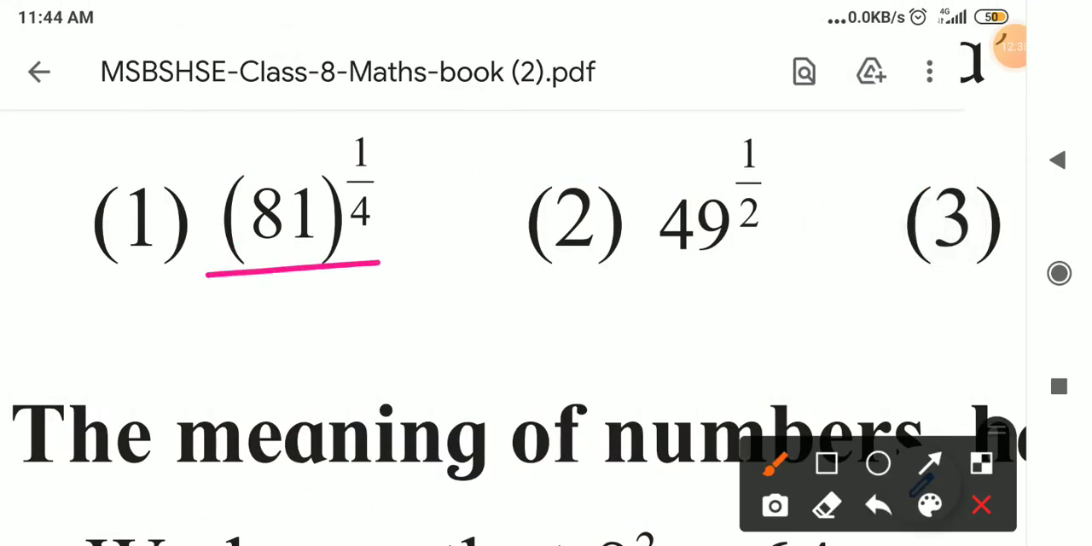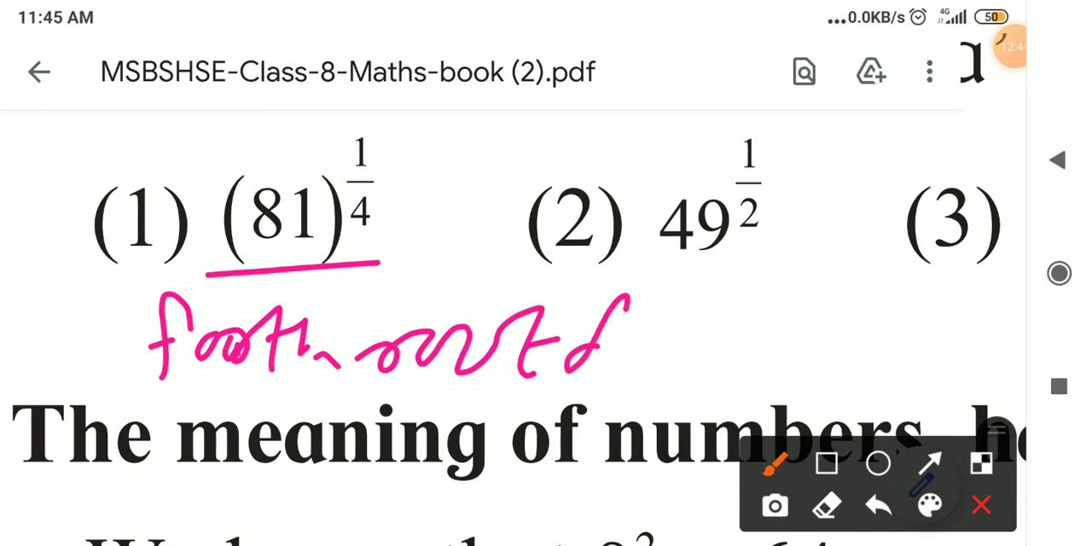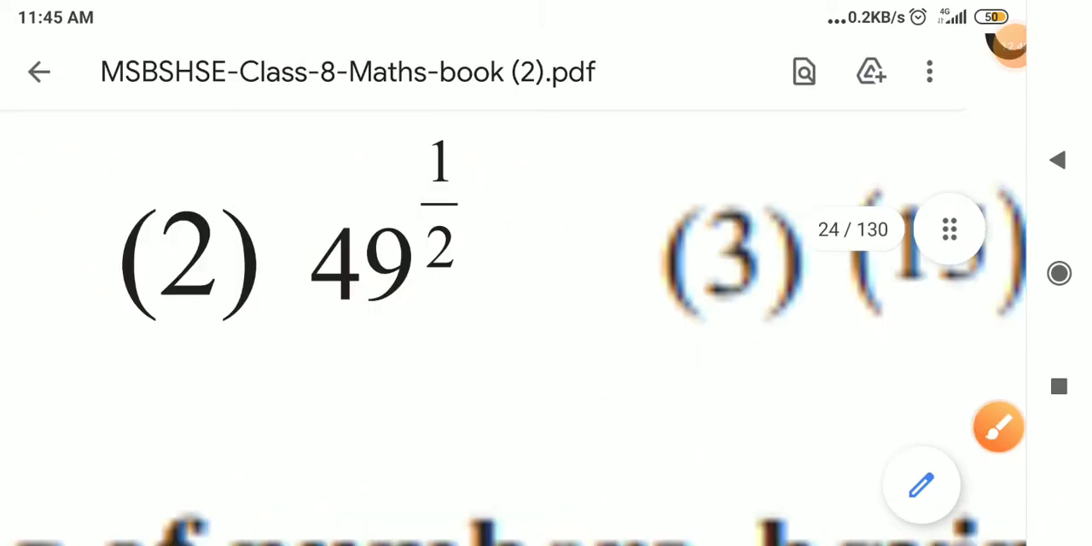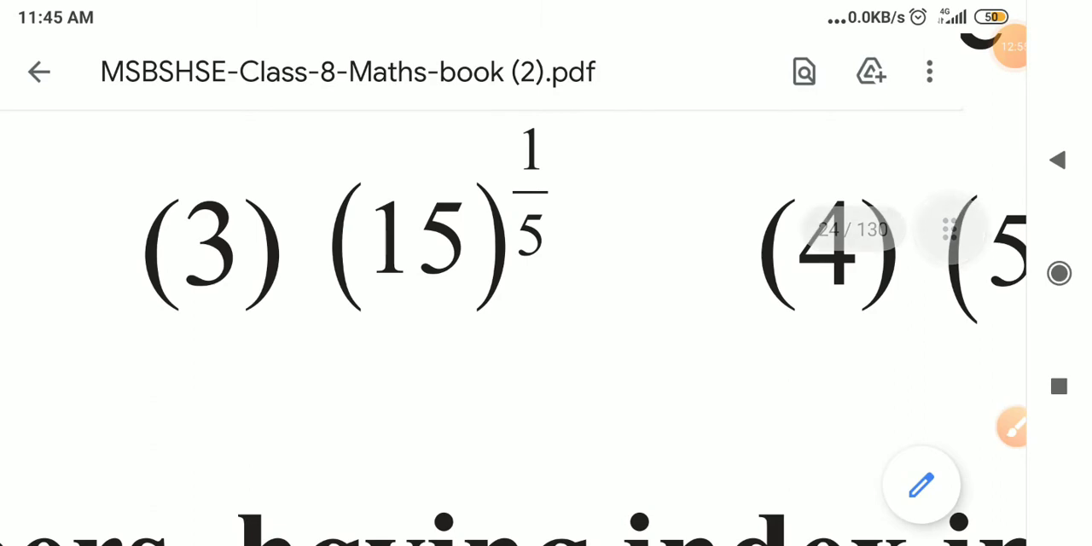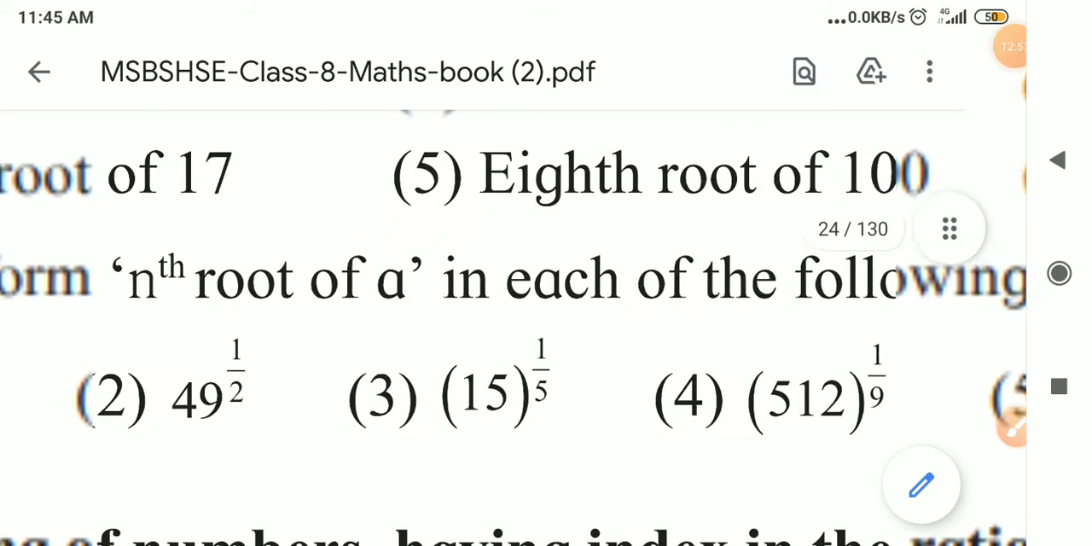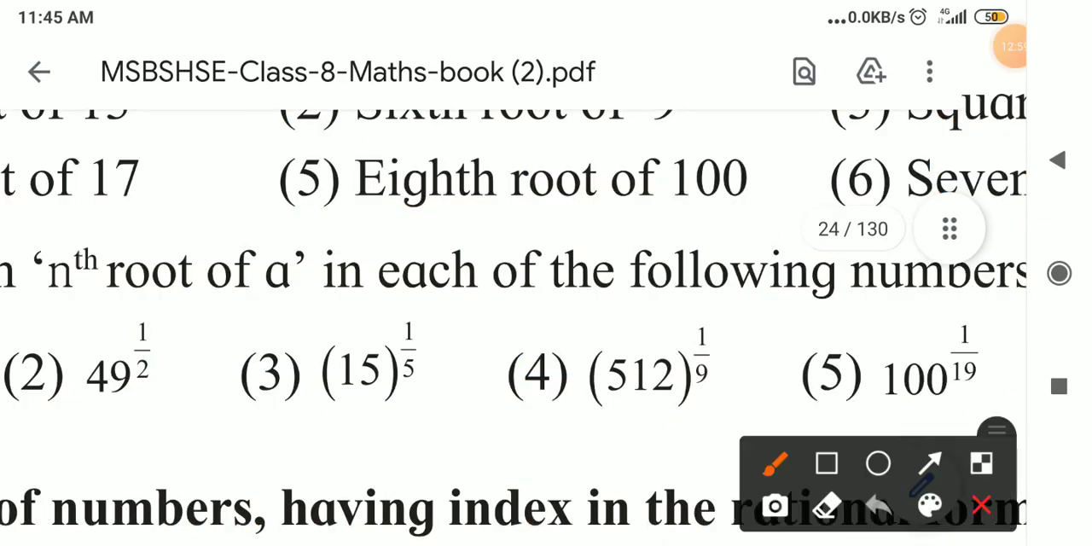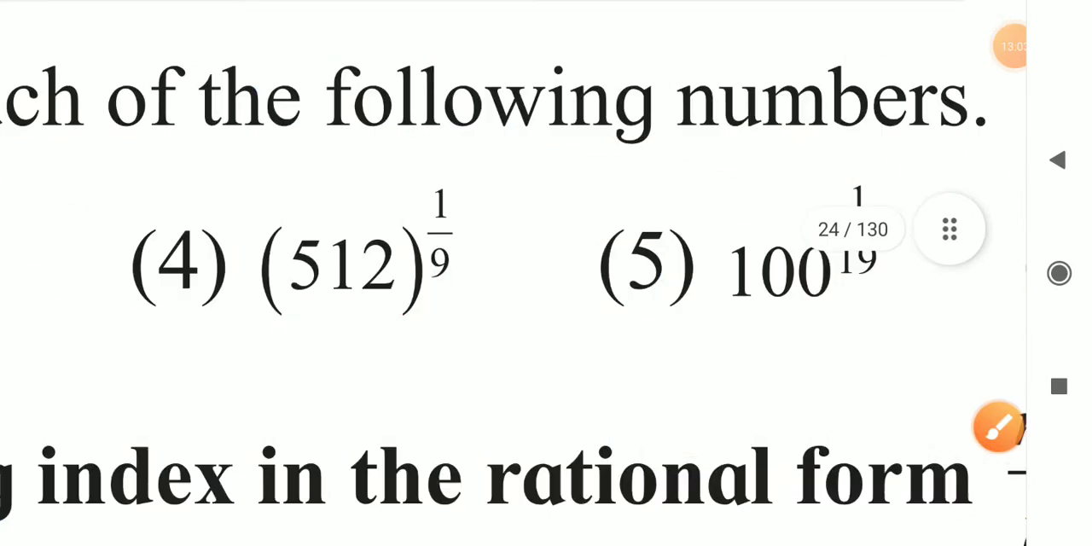This you can write: F-O-U-R-T-H, 4th root of 81. This one, 2 means square. So square root of 49. So right here, square root of 49. For this, 5th root of 15. Write in words: 5th root of 15. For this, 9th root of